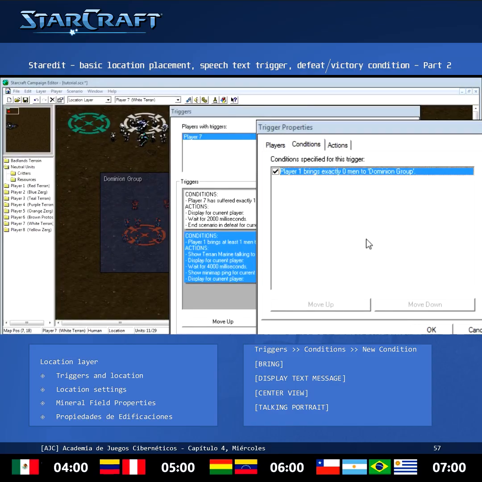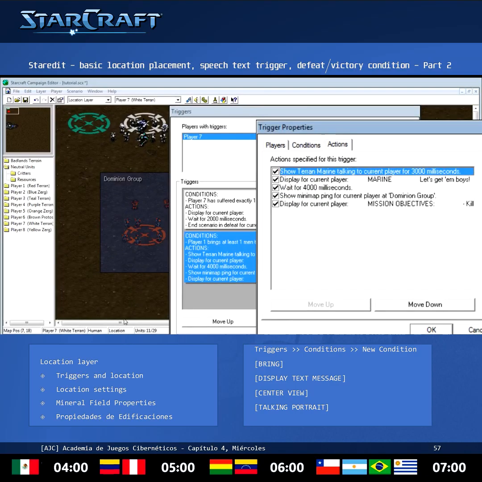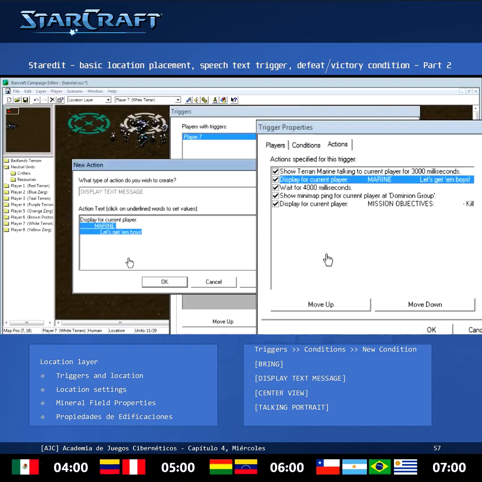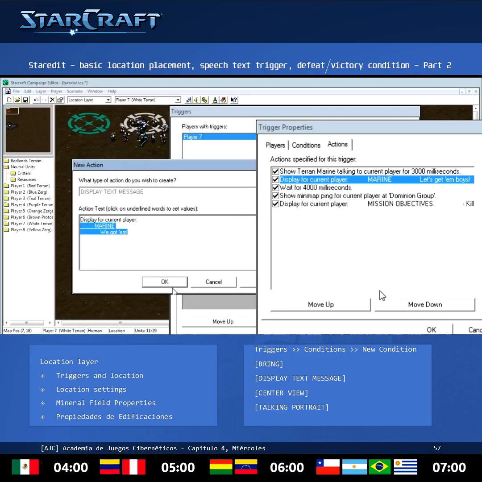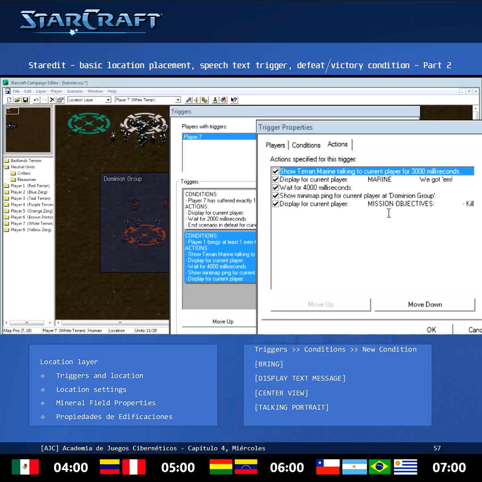And then go to action, click action on the tab above, and instead of the Marines saying "Let's get them, boys," we'll say "We got them." And instead of 3 seconds, we'll say 2 seconds. And then the Marine is talking for 2 seconds, saying we got them, and then after another second, or three seconds total after the Dominion group is dead, we'll say